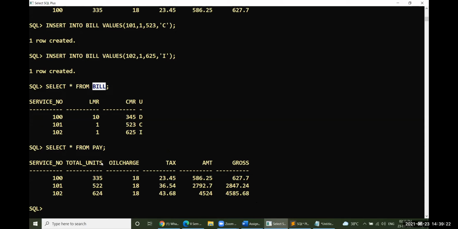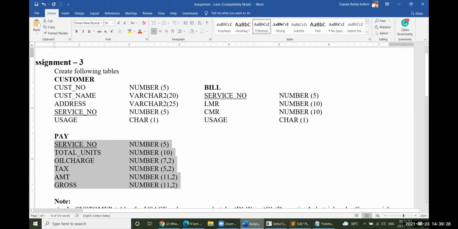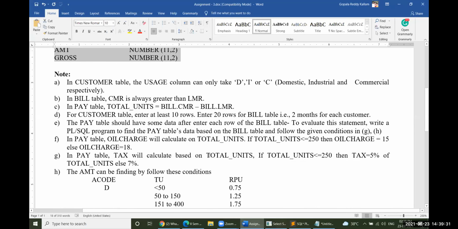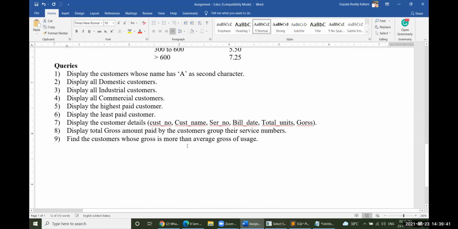Soon you have to enter the data into the bill table. Okay, then you need to understand. So you have to solve these questions. For that, tomorrow I'd like to enter 10 rows for the customer table, 20 rows for all the people. Then it's very easy to understand and very easy to solve these queries also.